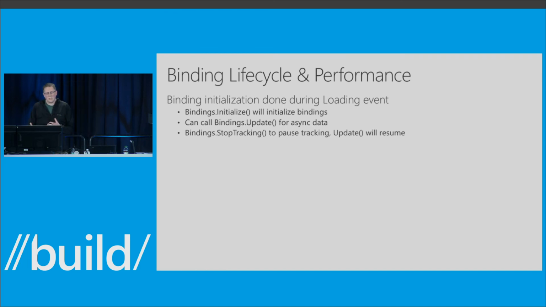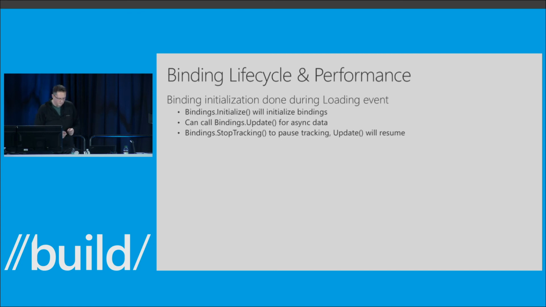Now, if I'm making asynchronous calls to the file system or pulling down data from the web, I can't guarantee that I'm going to get that data in time before that loading event occurs. So instead, what I can do is use a method off the bindings property that we insert into your code, and that has the methods initialize, update, and stop tracking. If I call update, that will update all the bindings, including one-time bindings. So after you've downloaded your data, you can call update, and that will refresh all the bindings for that particular